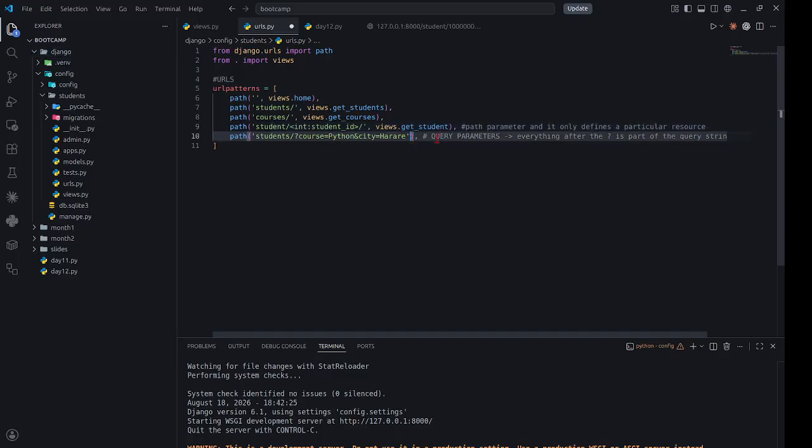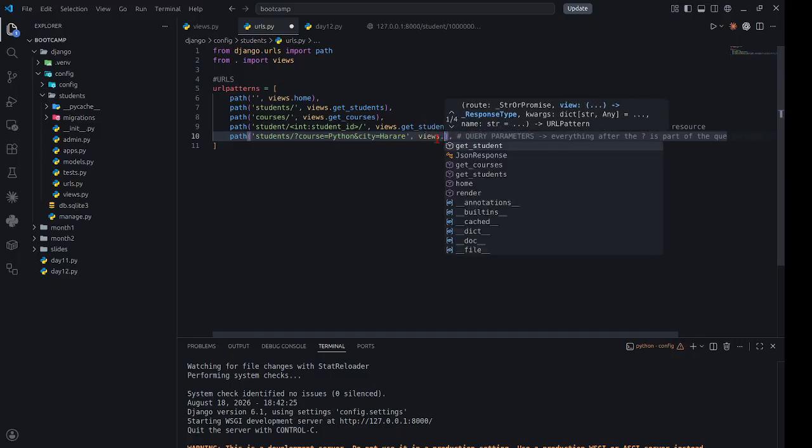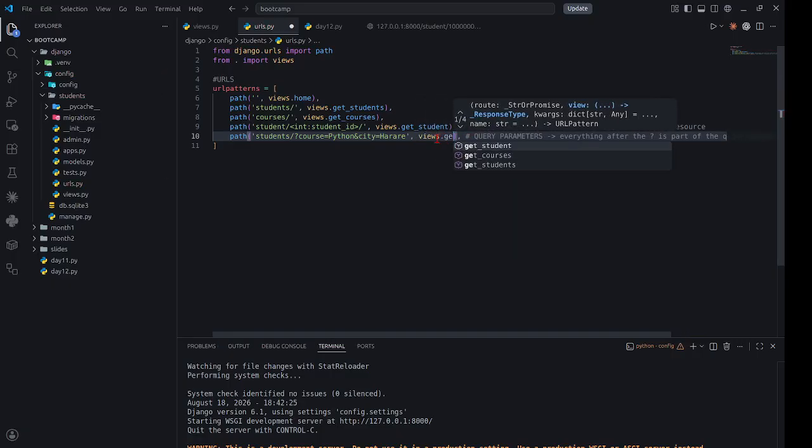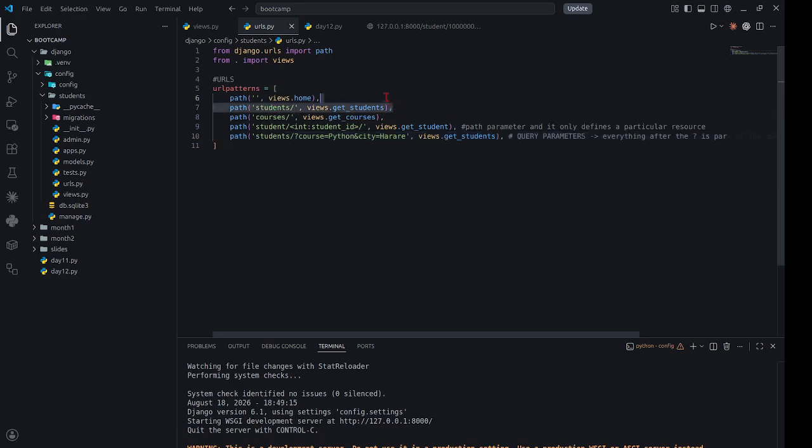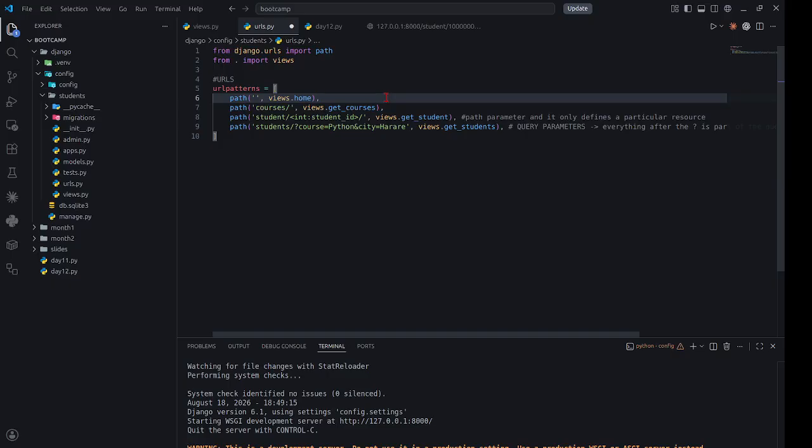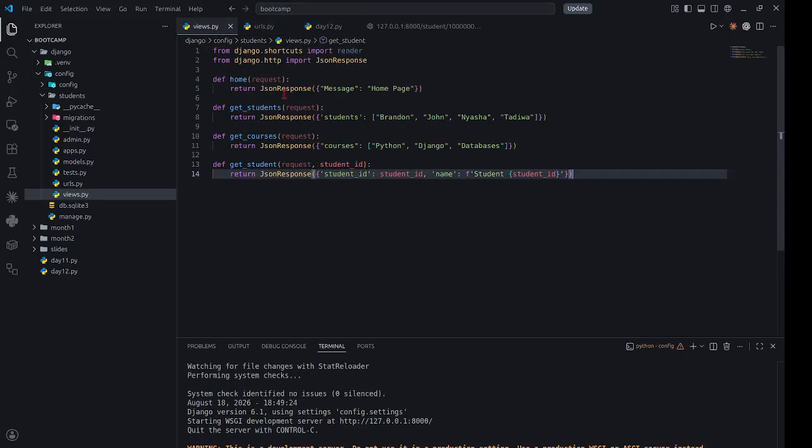For our query parameters, we're going to use views.get students. I'm going to delete this one. There you go. And then I'm going to go back to our views.py. Right. So inside the views.py,